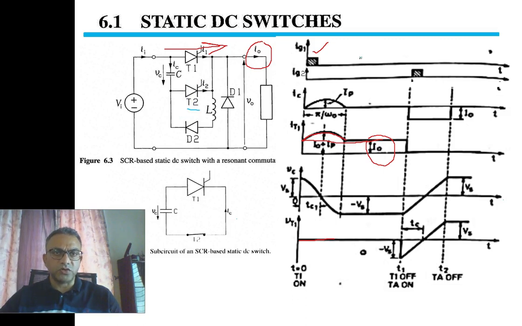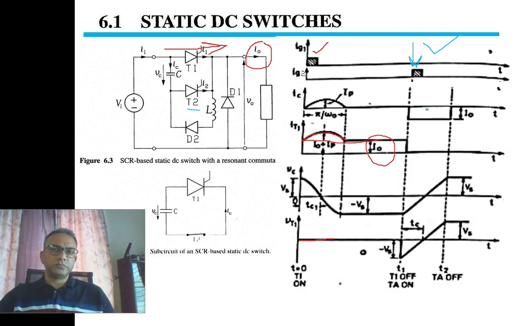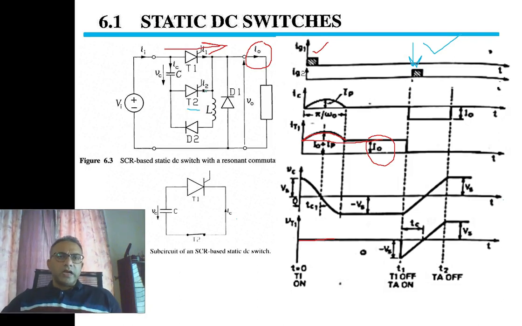This is thyristor T2. So to turn on thyristor T2, we supply a gate signal at the gate of T2. When we apply the gate signal,